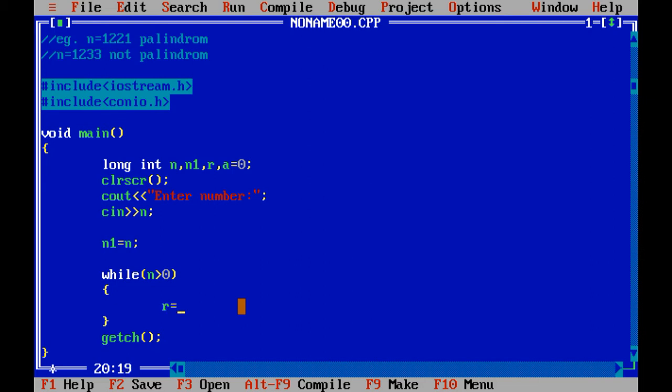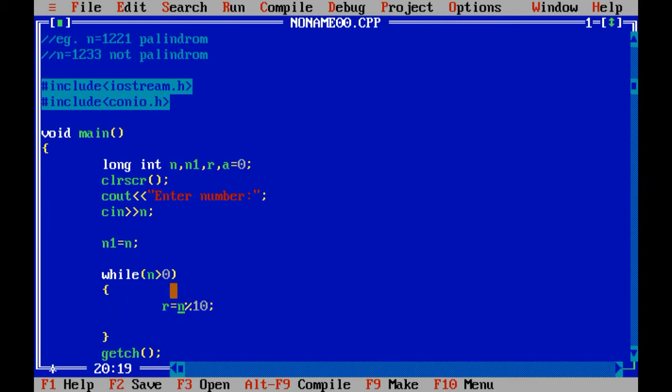r equals to n modulus by 10. Again this code we have already used in the Armstrong program 153. In that case this line first returns 3, then 5 and then 1. So we can say that using this particular function we can separate each number from the n variable.